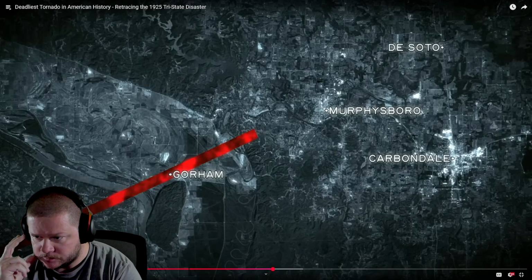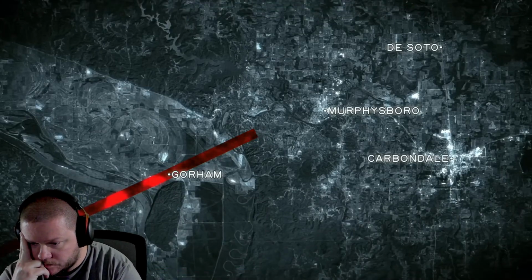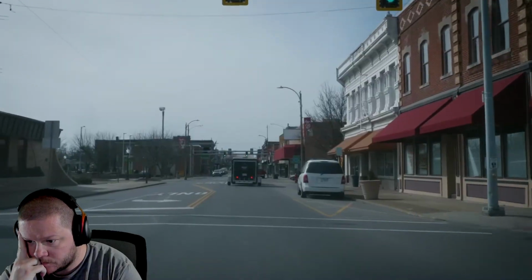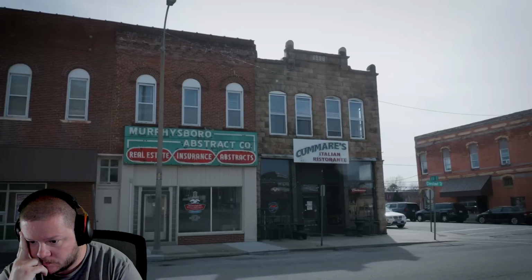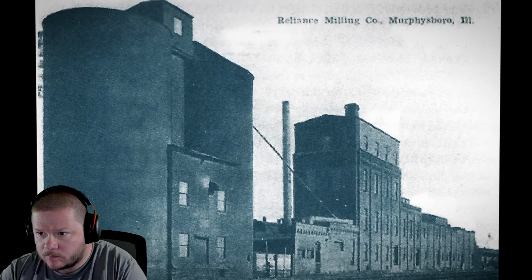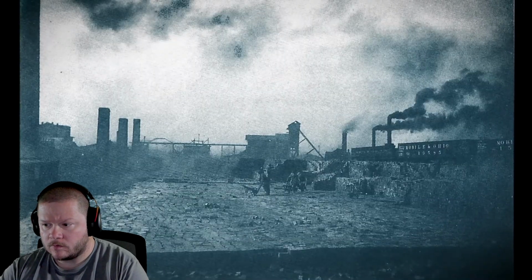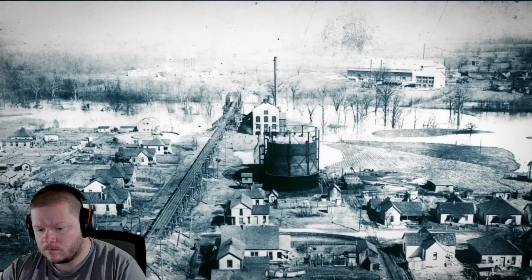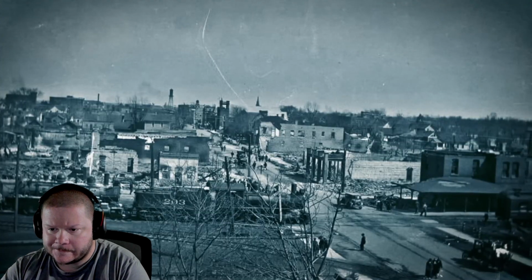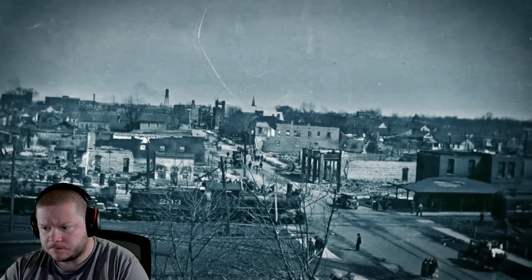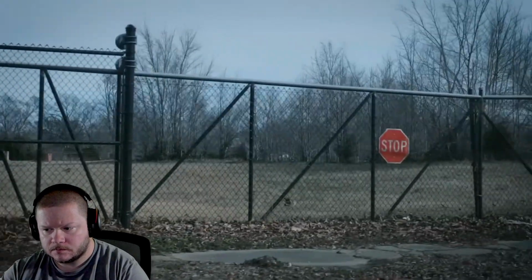East, Mississippi River bluffs towards Murphysboro, a mere 8 miles to the northeast. The town of over 10,000 was the county seat of Jackson County, and many men of the town worked for the Reliance Mining Company, Murphysboro Brick Paving Company, or the Escobat Silica Processing Plant. The Missouri Pacific, Mobile and Ohio, and Illinois Central Railroads converged at a large rail depot to the north of